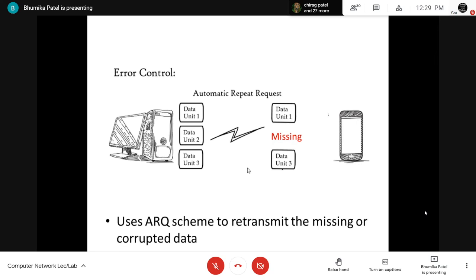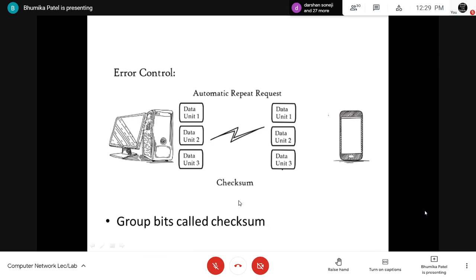Okay, now how can it be identified? Here a group of bits, which is called the checksum, is added to each and every segment. Whenever you get the data from the upper layer, that is the session layer, first of all segmentation happens and it is converted into data units. Now at the end of this data, what are we adding?